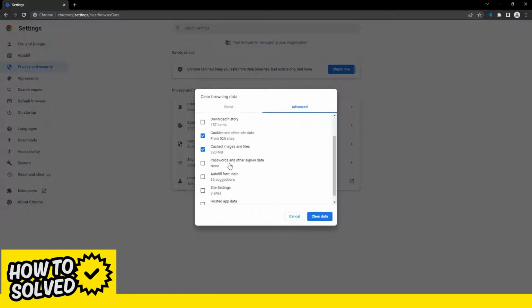And then what's very important is to clear the cookies and other site data and to clear the cached images and files. The other things also make sense, but if you don't want to delete your browsing history, then just don't delete it, but try at least these two things. And then just click on clear data,